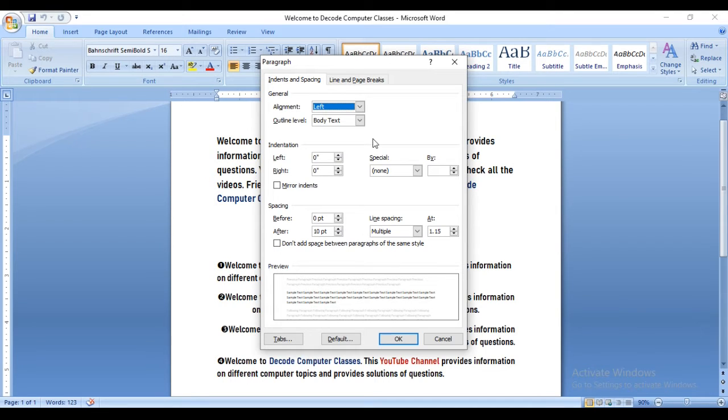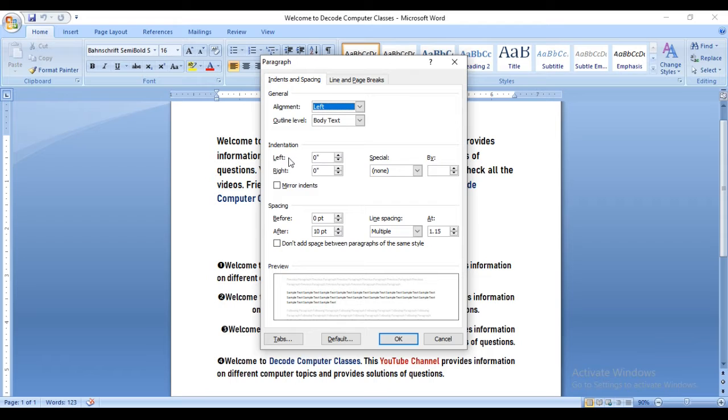Indent and spacing is actually about the spaces around the text. Indent is the process of increasing or decreasing the space between the left and right margin of a paragraph. The space you give from the left and right margin is called indenting. This way you can apply all these settings in the paragraph.